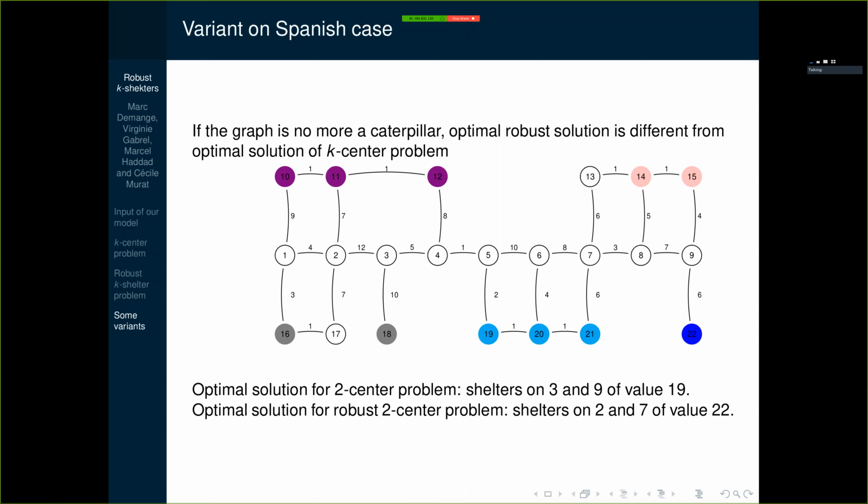Yeah. And if we have a shelter on a vertex, we assume that everyone on this vertex is safe. Is it okay? Or if we also have a fire? If we have a fire in that vertex, probably no one is safe. Yeah, those may be assumptions that we need to go through and define.